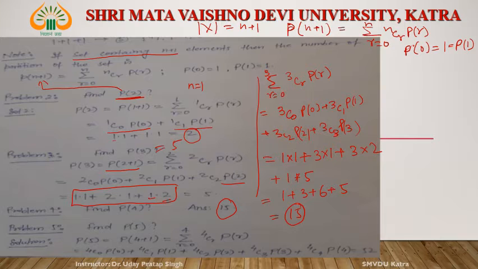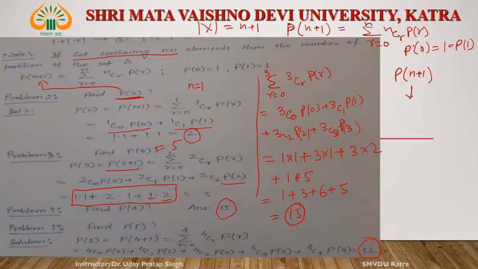Similarly, what is P5? P5 is equal to 52, right? Similarly, you can evaluate P6, P7 and so on, right? Now, what does Pn plus 1 mean? Pn plus 1 means